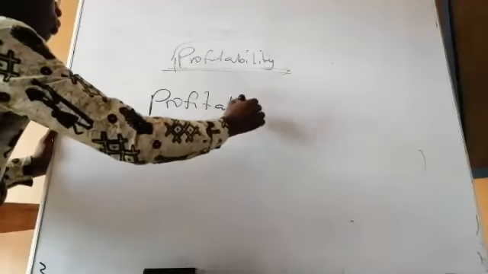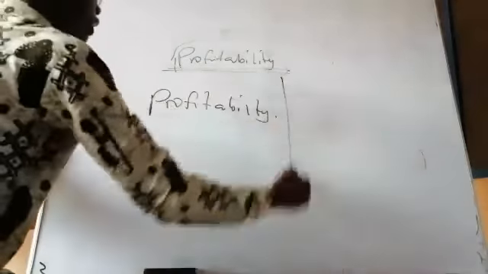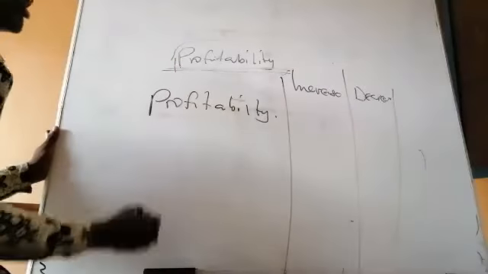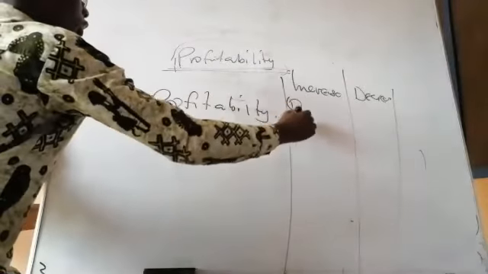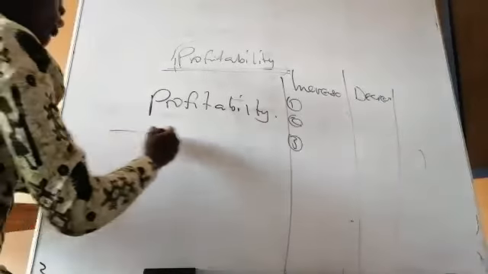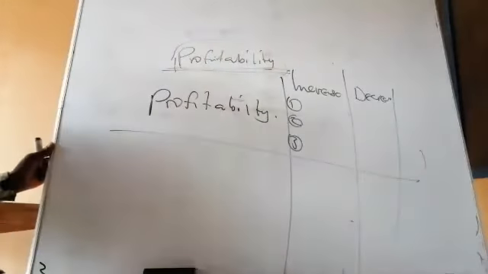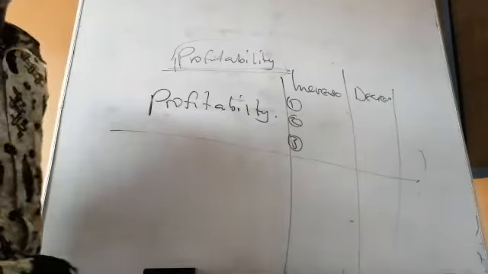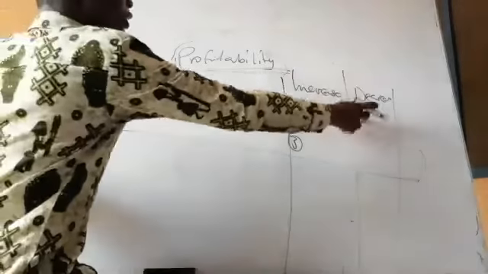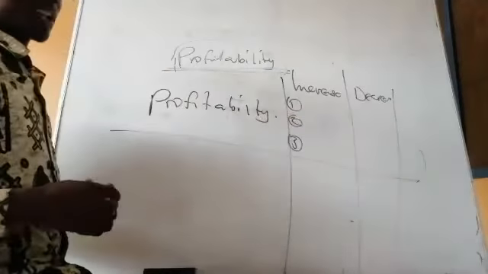So what I want you to do is this. Profitability ratios: increase and then decrease. Reasons. So you should have a number of reasons. Number 1, number 2, number 3. So that when you go to the exams, two things will happen: either the profitability will increase or decrease. You have your solid points available. So when it is the increase,